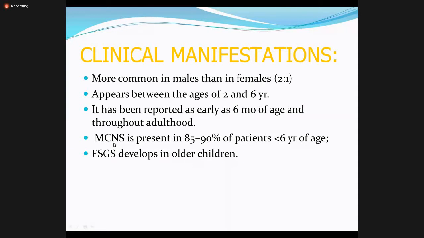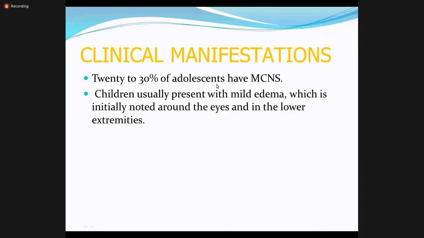As already mentioned, if nephrotic syndrome is in an adolescent, then 70 to 80% of the cases are due to focal segmental glomerulosclerosis or glomerulopathy, but only 20 to 30% have minimal change disease. But if nephrotic syndrome is present in the age group less than 6 years, 80 to 85% have minimal change disease. So if nephrotic syndrome is present in an early age group, they have very good prognosis because of the underlying pathology.